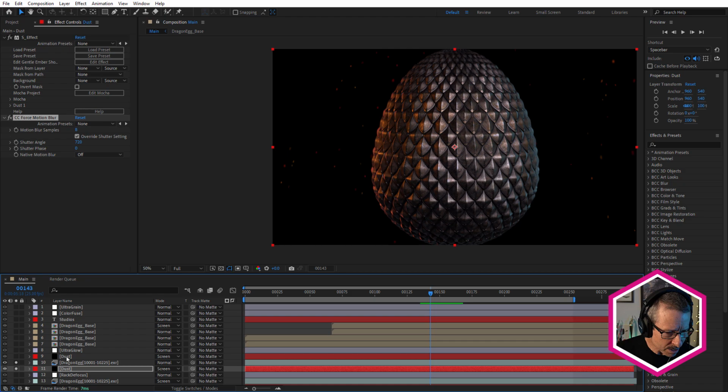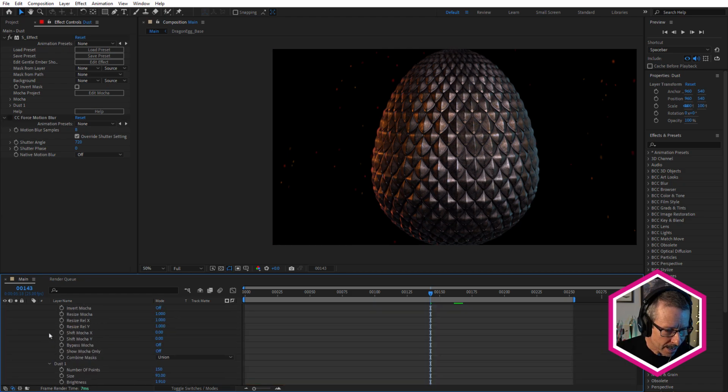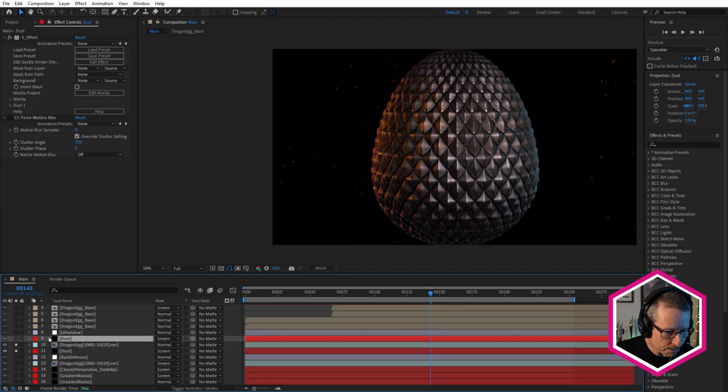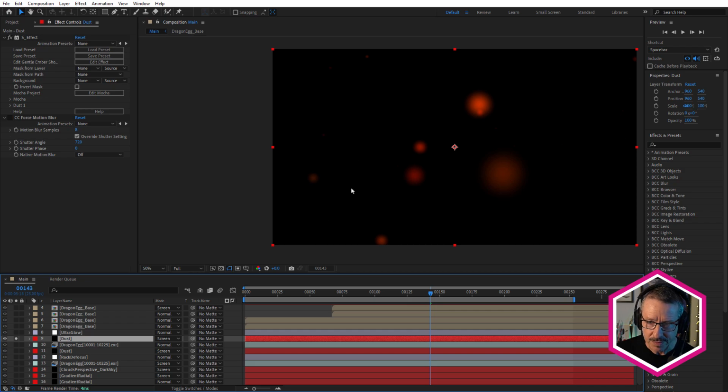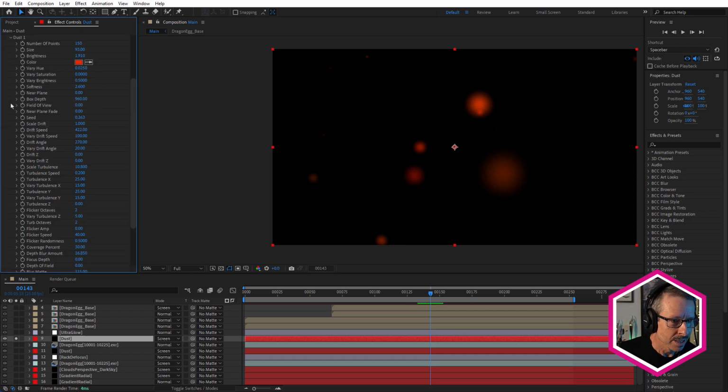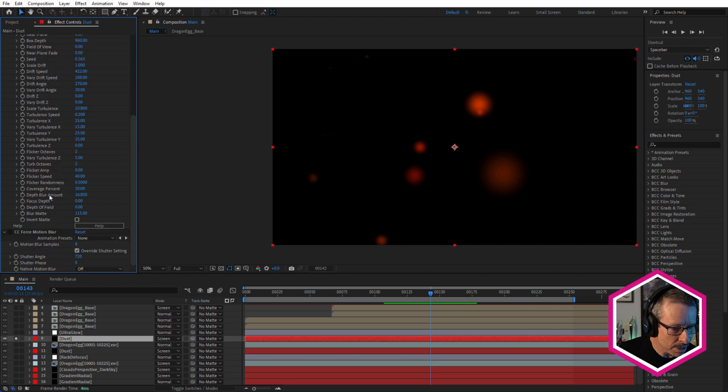But what I also did was I duplicated that layer and I put that in front of the egg. And you can see I've really maxed out the depth of field. Let me just solo that. So here we've got a few less particles. I've called them particles, but they're points with Sapphire Dust. And what I've done is I've really pumped up the depth blur amount.